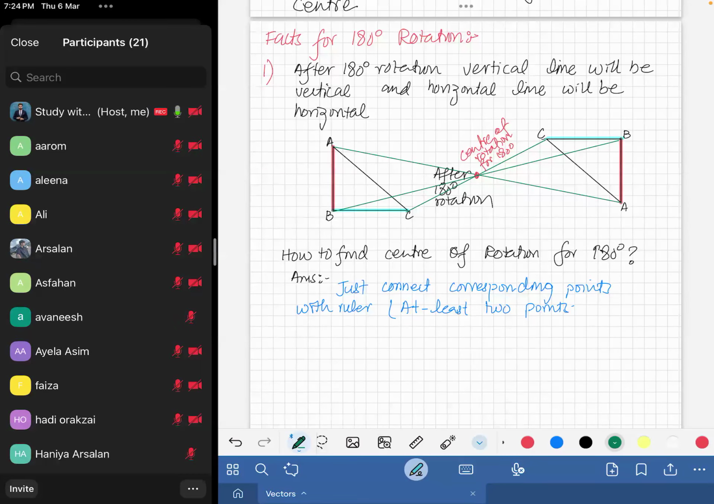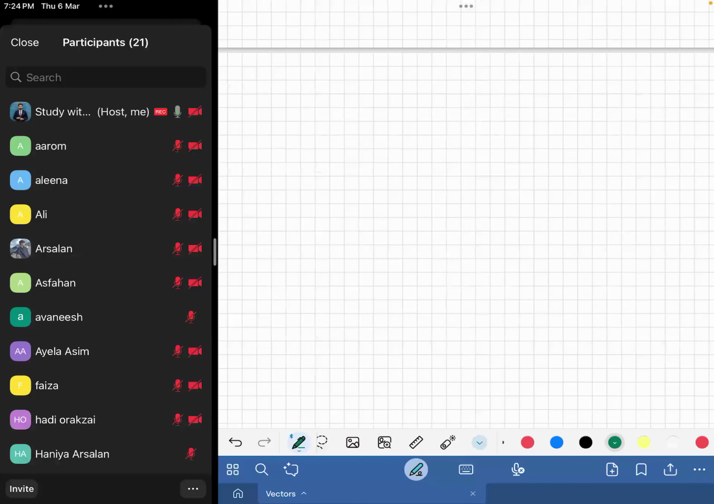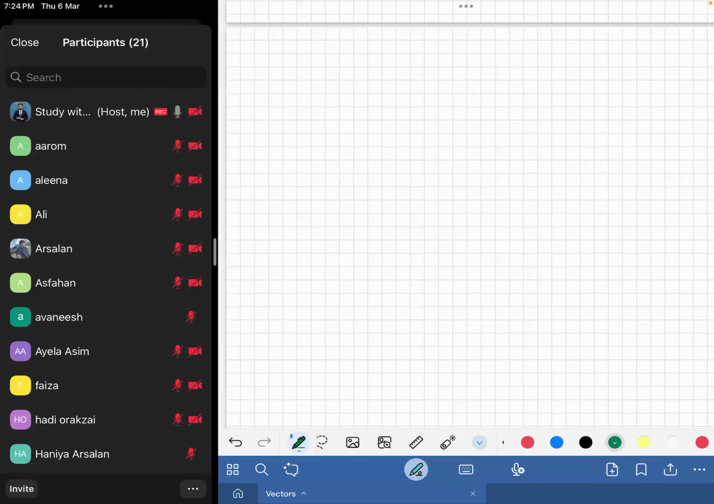Now there can be a question: sir, how to find out center of rotation for 90 degrees? How to find center of rotation, 90 degrees clockwise or anti-clockwise? So the answer is